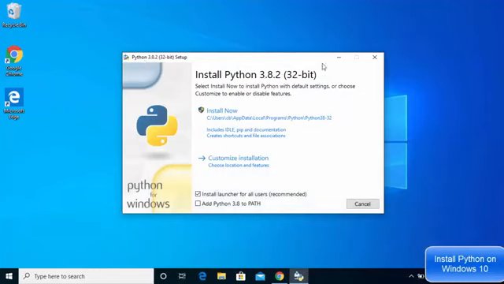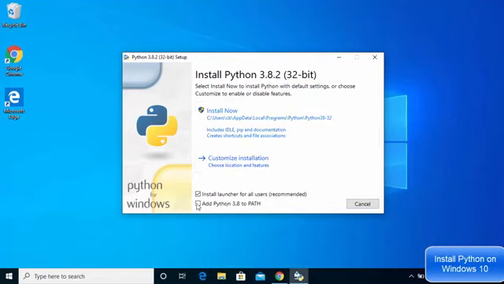And here you will be able to see the Python installer. So now you will be able to see this option which says install now, and also second option is customize installation. So by default, you can see Python will be installed at this location, which is a bit weird for me. So what I always do is I always like to use this option which says customize installation.